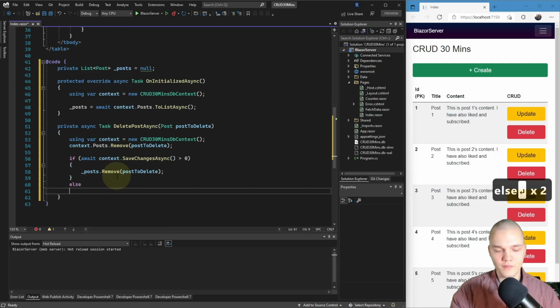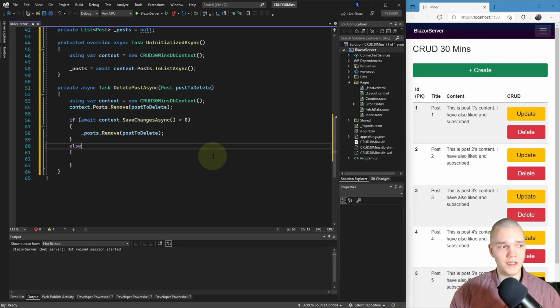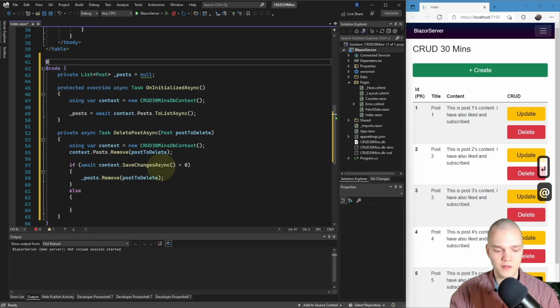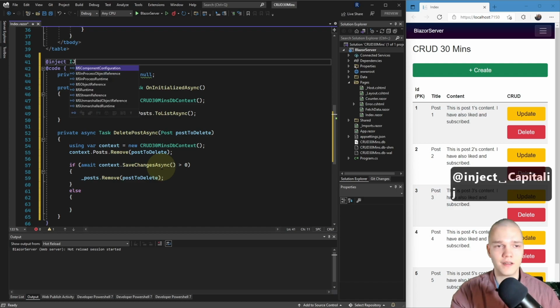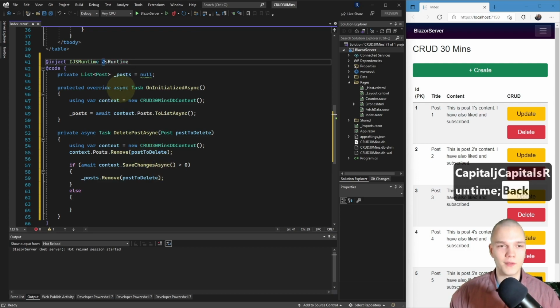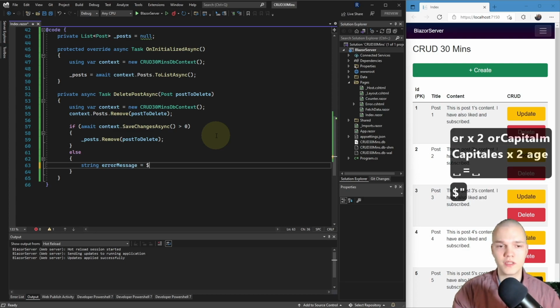Else, so this failed, we couldn't persist to the database, then we'll display a JavaScript alert box with some error text, but we first need to inject the JavaScript runtime for that. So above AddCode, I'll do @inject, and I'll inject the IJSRuntime, and I'll name it JSRuntime. No semicolon, right? So then here I want to declare a string, and I'll name it errorMessage, and that equals an interpolated string.